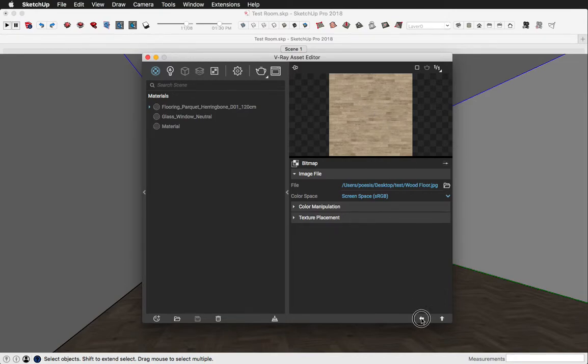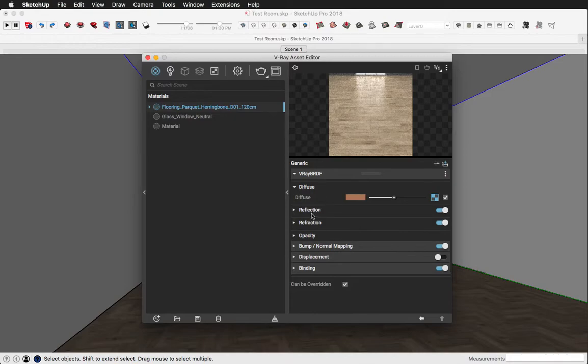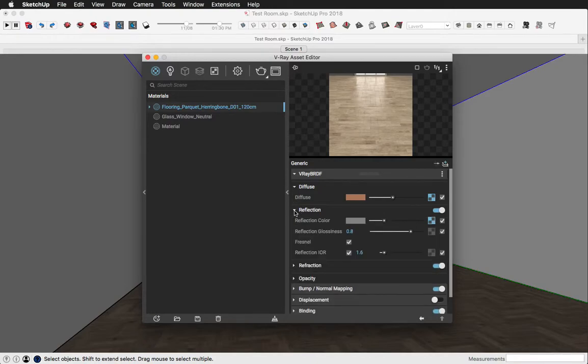Okay, so I click the back button, and now I want to look at the reflection, because I don't know if you can see it, but there's little lines on here that don't quite match, and that's either to do with the bump mapping or the reflection mapping, but I'm going to replace both of them anyway. So let's first replace my reflection map, and I can tell that there's a map there because of the